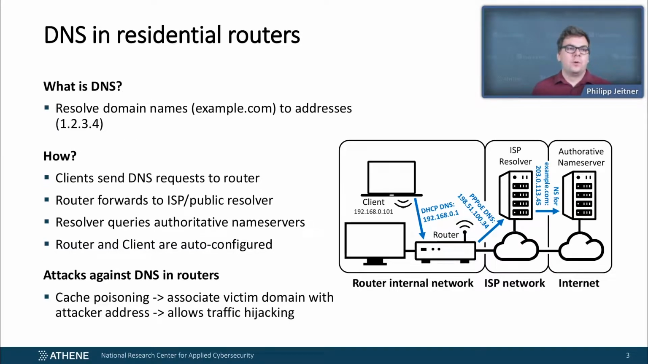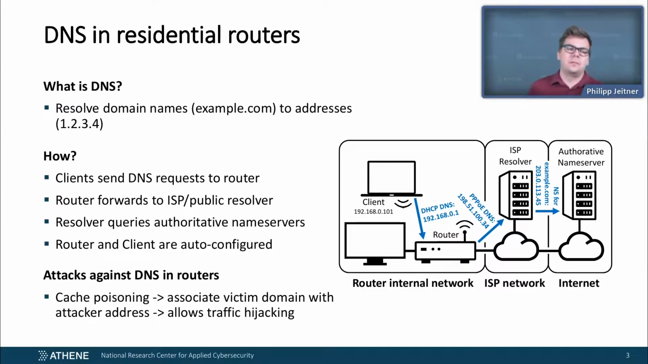So first, what is DNS in residential routers? The DNS is the domain name system, which you probably know for resolving domain names to IP addresses. In the context of residential routers, essentially there are clients which send their DNS requests to routers. The routers forward the requests to the ISPs or a public resolver if you use those. And those resolvers then query the authoritative name servers and provide the actual data. Typically the router as well as the client are auto-configured. The client is auto-configured via DHCP and the router is auto-configured by the ISP depending on what protocol it uses to